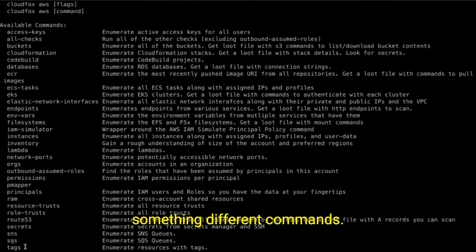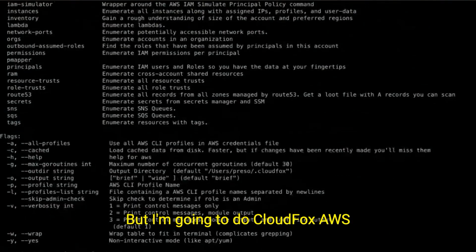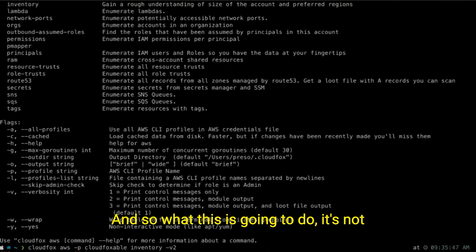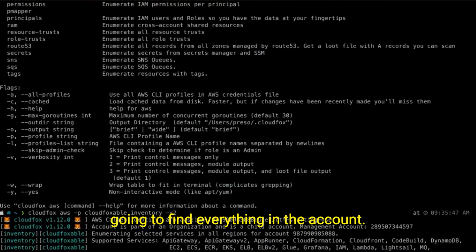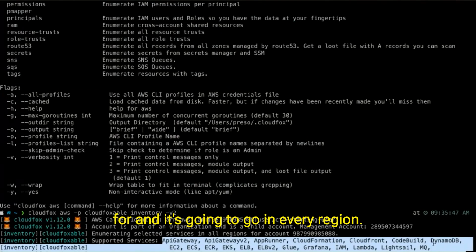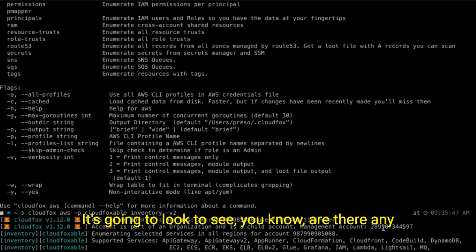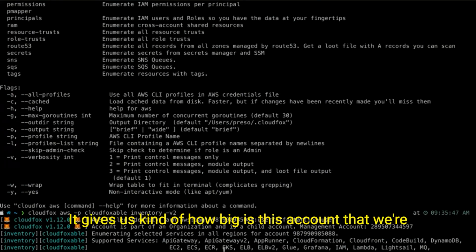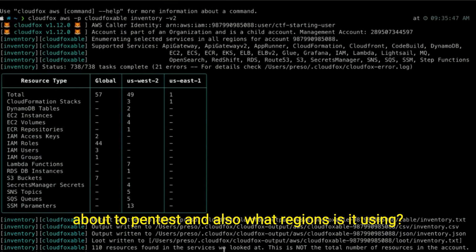but I'm going to do cloudfox aws --profile cloudfoxable inventory v2. What this is going to do is not find everything in the account, but I'm giving you a list of the supported services that I'm looking for. And it's going to go in every region. It's going to look to see, are there any EC2 instances, ECS containers, EKS clusters? And it gives us two things. It gives us how big this account is that we're about to pen test, and also what regions